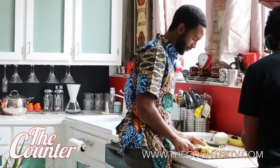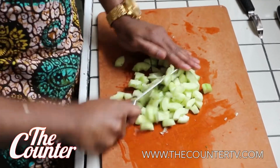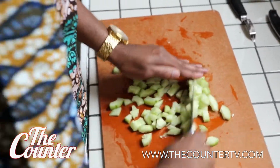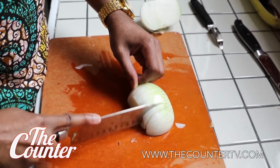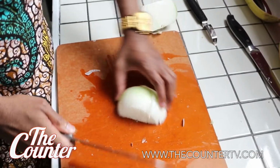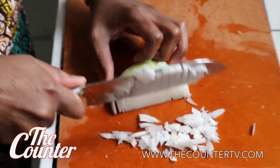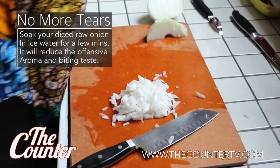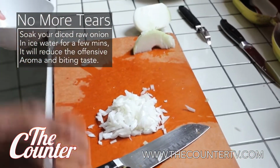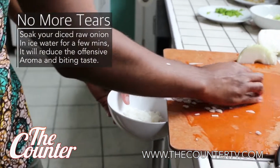I do want to chop these just a bit smaller. I'm going to cut these a little bit down more. For this, I'm only going to use half an onion. You want a pretty fine chop on these. And judging by the tearing in my eyes, I would say that's about enough. Put these in just a bit of cold water for a bit and let these start sort of taming down